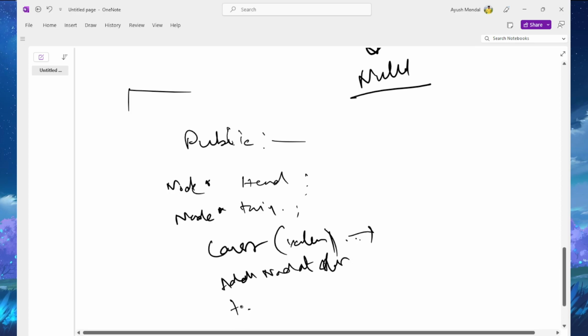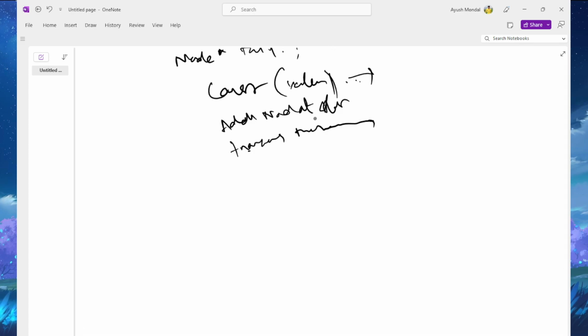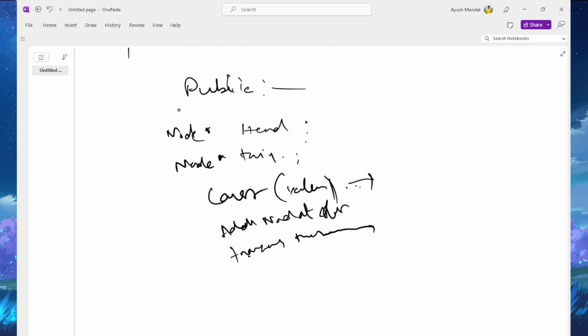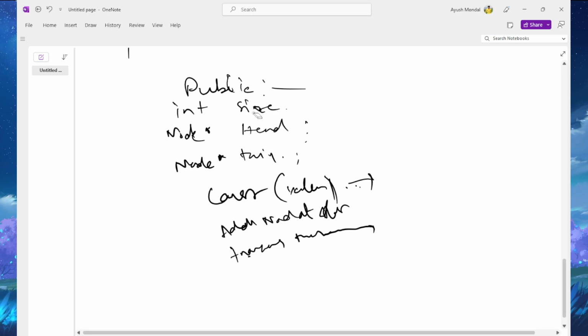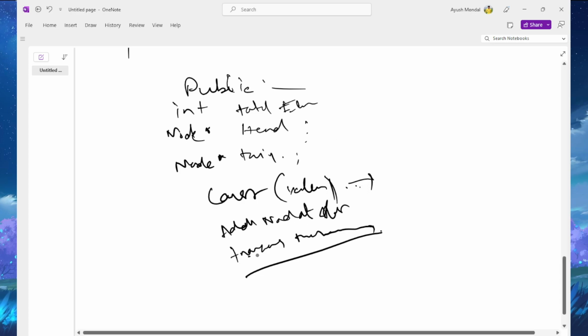and traversing the node. Also, we can contain another thing called int size of the linked list. Size of the linked list is going to be kind of confusing, so let's say total elements. So, traversing the linked list, and the next part is deleting a node